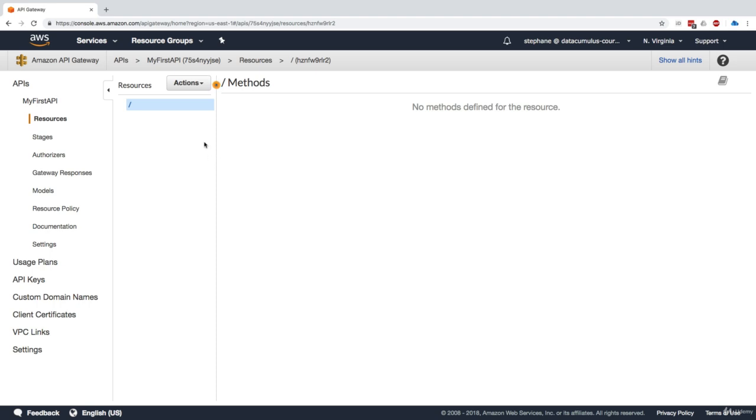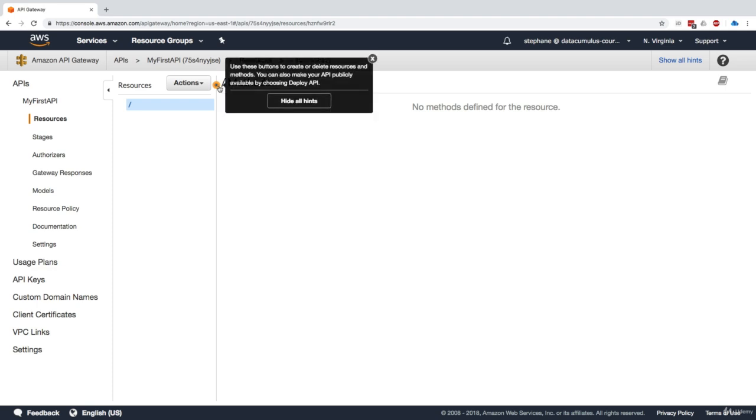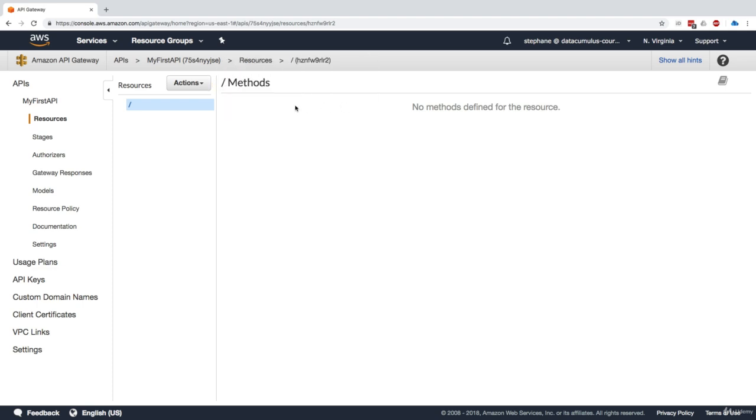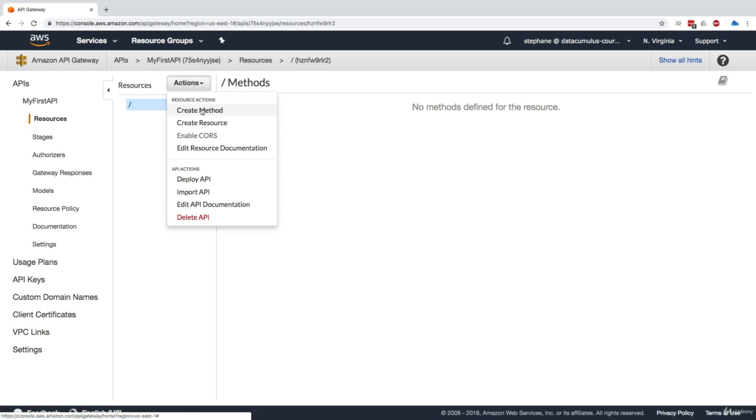just to know what's enough to know for the exam. So across the whole lecture, you'll see these blue dots and orange. You can click on them, and this is basically hints. So I'll just hide all the hints right now, just not to be distracted. So this is the root of our API, and there's a / right here. And what I'll do is I'll create a method.